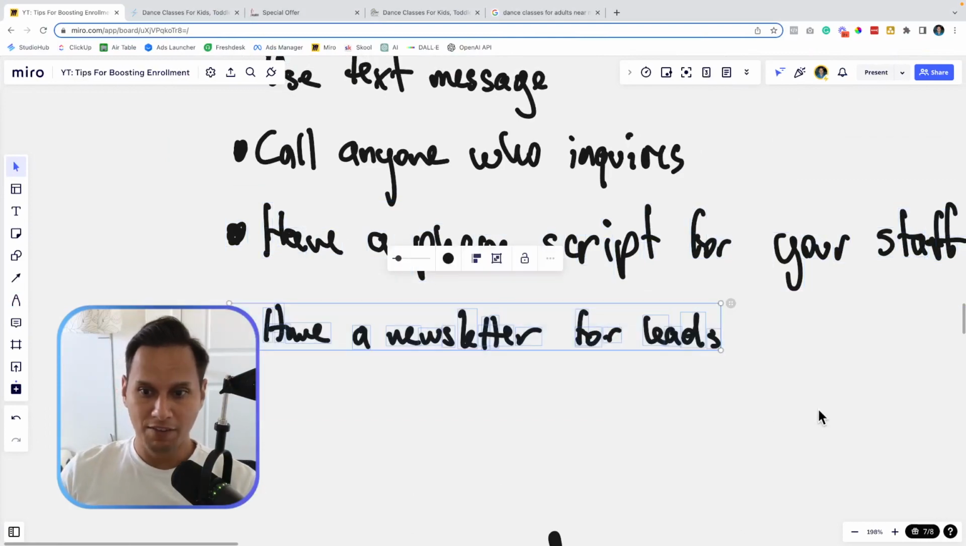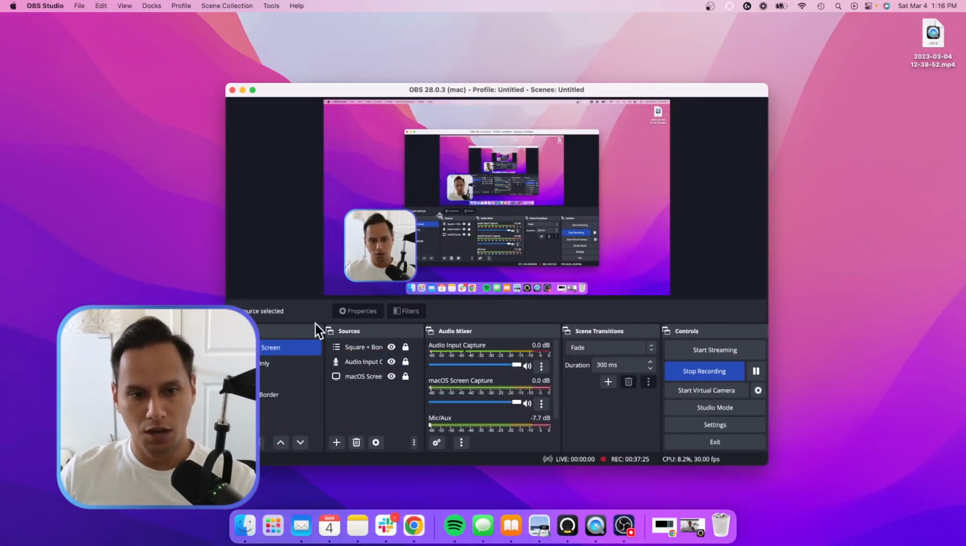Another tip, have a newsletter for leads. What is a newsletter? A newsletter is like an email campaign that you send out. It could be a weekly thing, it could be bi-weekly, where you're sending it 2 times a week, every other week, once a month, whatever it is. Just a way for you to communicate with leads, letting them know what's cool about your studio, letting them